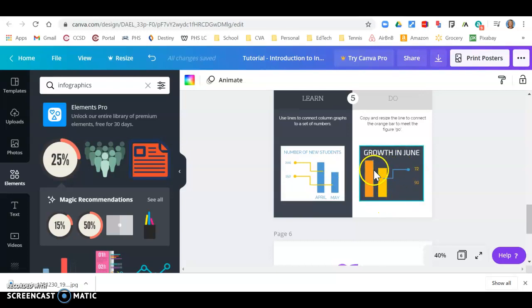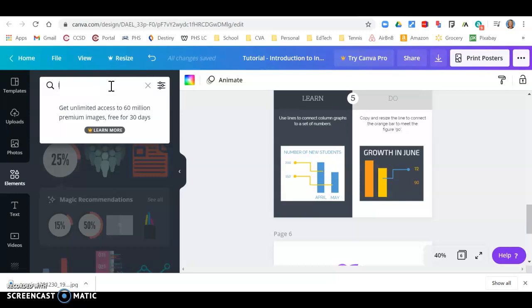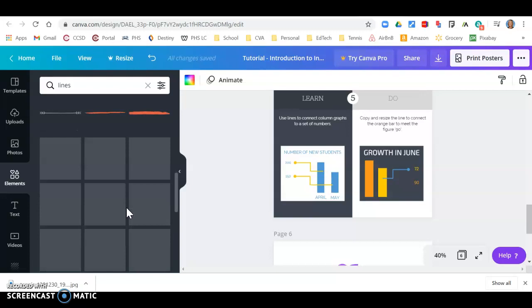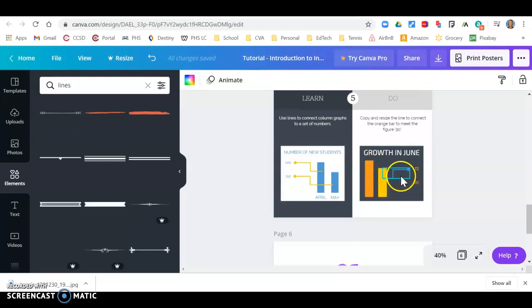So these are simple, just image shapes. So these are just rectangles that they've put in. And then lines is another thing that you can find under infographics. So I can just type lines, and it's going to give me all these different kinds of lines. And all they're doing is putting lines in that go this way and this way. So I need a line that goes from here over to the 90. The easiest way to do this would be just to click the one that's already there and then duplicate it. So right up here, duplicate, and then slide it down to where it needs to go. Remember, I want to make sure I've got it positioned correctly and then line